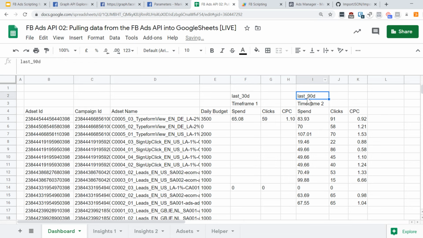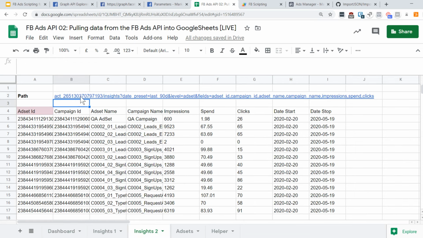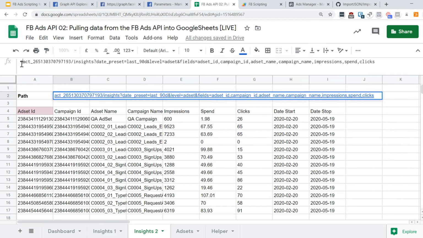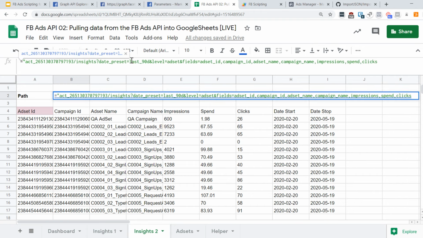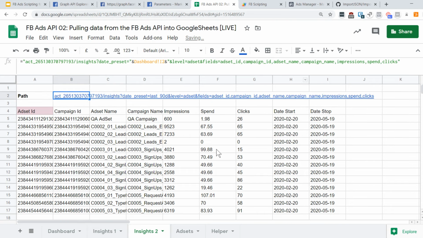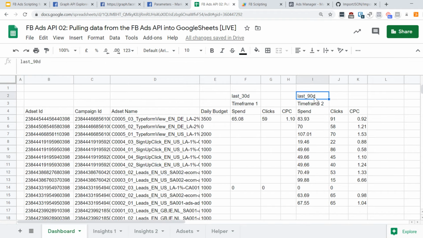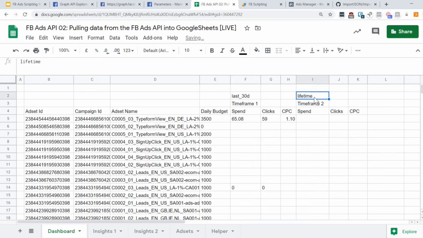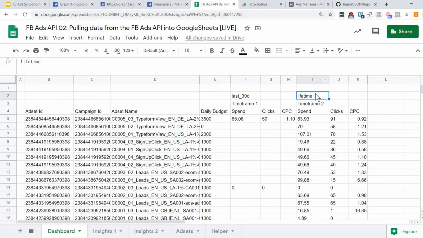And let's just make sure we do the same over here. So this is I2. We're looking at I2. So here as well, we need to make sure this is recognized as a string. Then remove this part. And make sure we say dashboard I2. Add this at the end. And now we can see this shows up as last 90 days. Again, just to make sure this works, this is now pulled